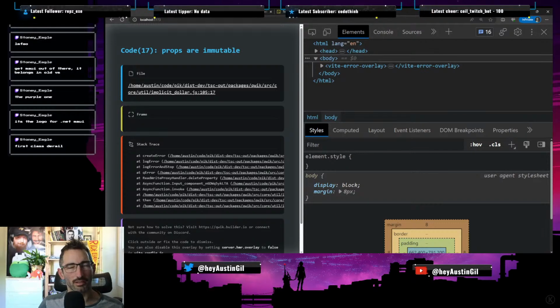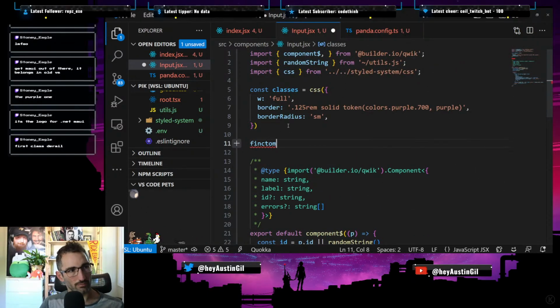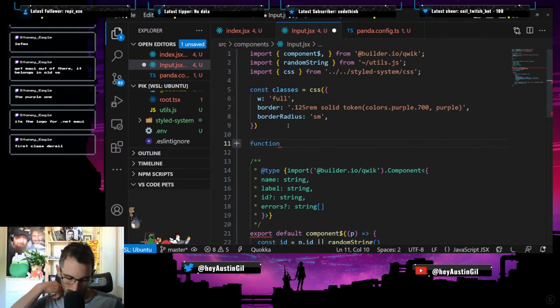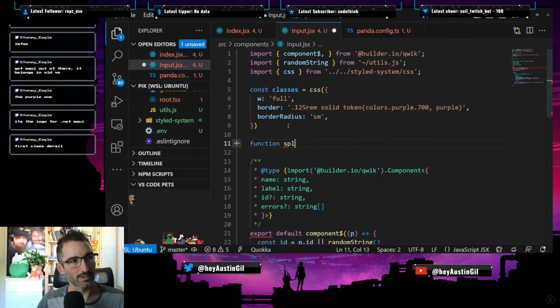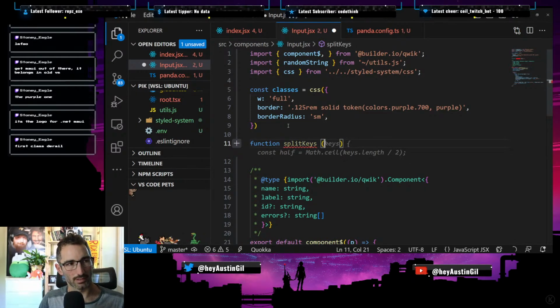Okay, I'll write it here first. Function. Split keys is going to be a function that takes an object,